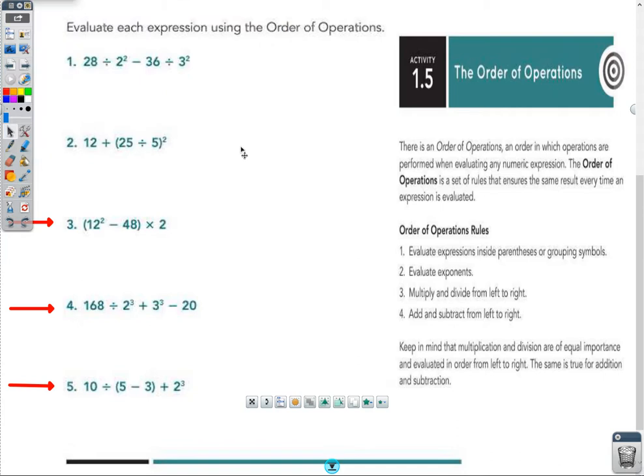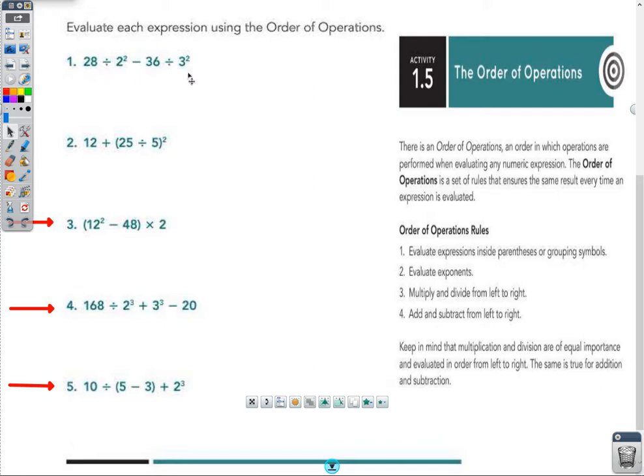So let's talk about the order of operations. By now, we've been doing the regular operations: addition, subtraction, multiplication, and division. But what we're going to do now is start to combine all of these operations. We've even done some work with exponents previously. So we want to learn, what do you do when you have a long string of operations that need to